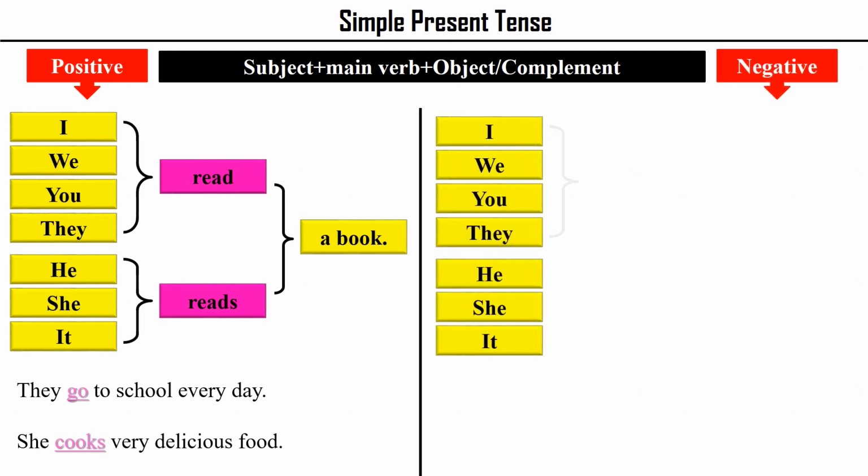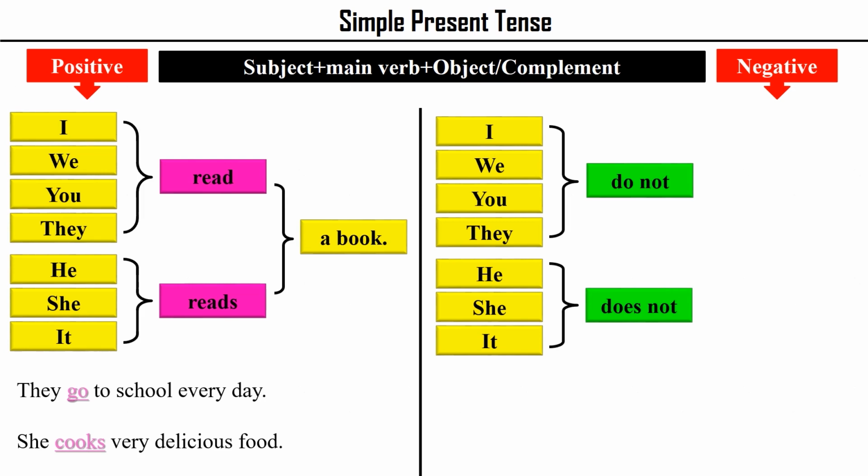Negative. Subject plus helping verb plus negative adverb not, do not or does not, plus main verb plus object. I do not read a book, we do not read a book, you do not read a book, they do not read a book, he does not read a book, she does not read a book, and it does not read a book. Remember, when the helping verb does is used in the sentence in the simple present tense, the